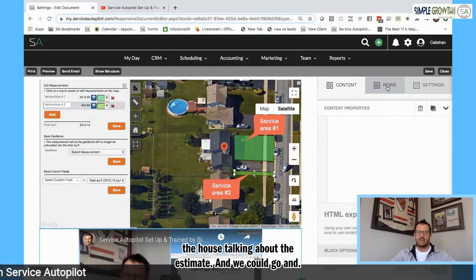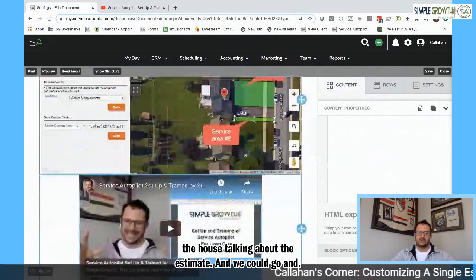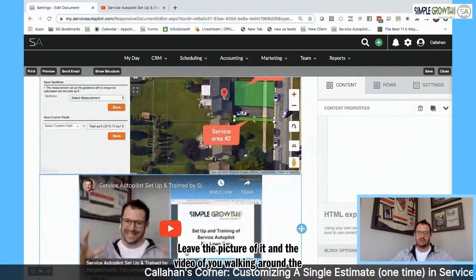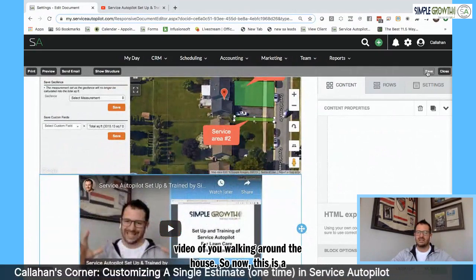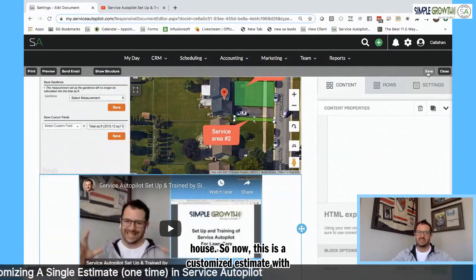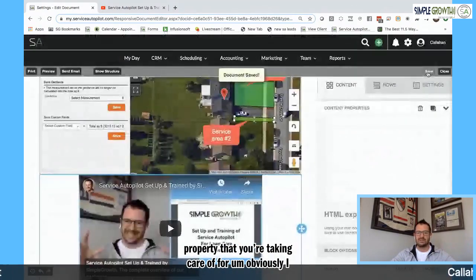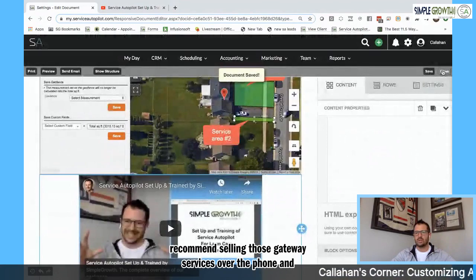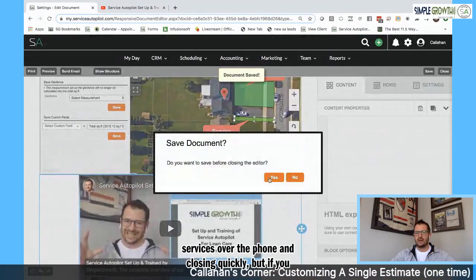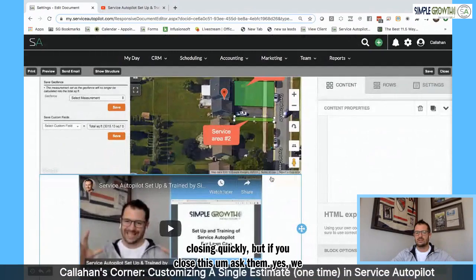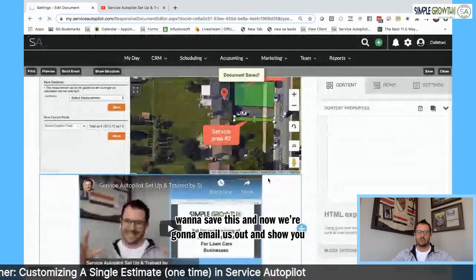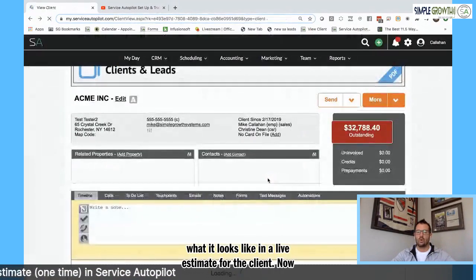And we could go and leave the picture of it and the video of you walking around the house. So now this is a customized estimate with picture and video of the specific property that you're taking care of for. Obviously, I recommend selling those gateway services over the phone and closing them quickly. But if you close this estimate, yes, we want to save this. And now we're going to email this out and show you what it looks like in a live estimate for the client. Now, that's a one-off estimate